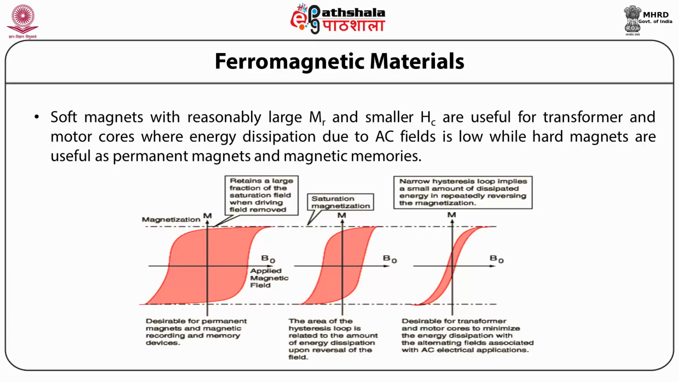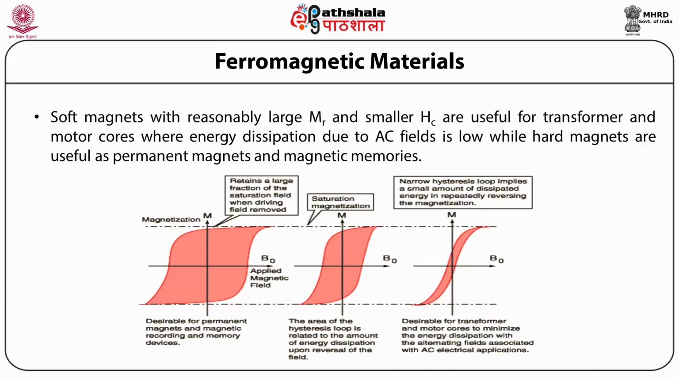The second graph shows that the area of the hysteresis loop is smaller than that of the previous graph, and it is related to the amount of energy dissipation upon the reversal of the field. The third graph is the narrow hysteresis loop, which has smaller energy dissipation. It is desirable for transformer and motor cores to minimize the energy dissipation with the alternating fields associated with AC